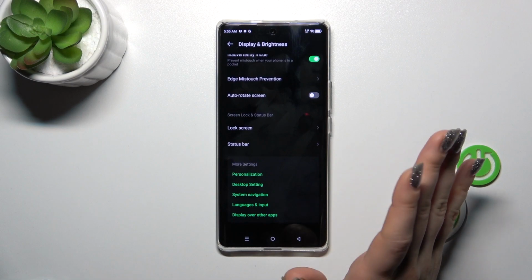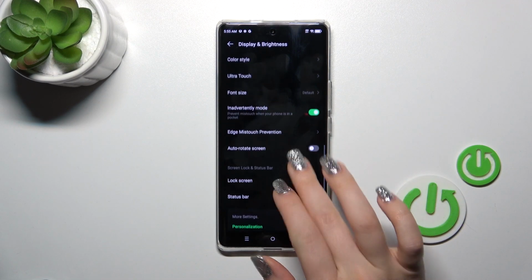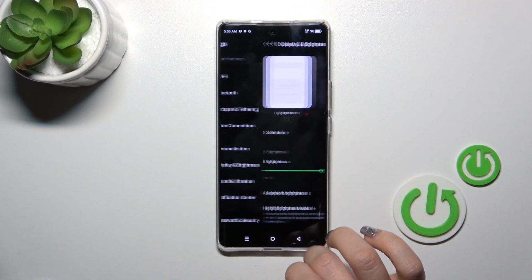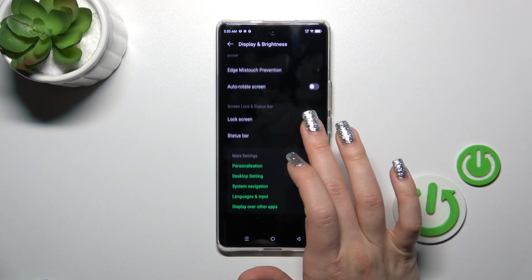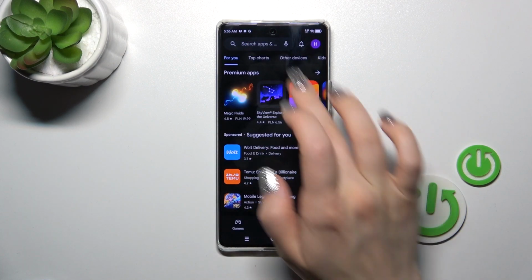They installed by default. System navigation, display our apps. Let's start to display settings here. So unfortunately we have no installed by default AOD option, that's why we should get the application from the Play